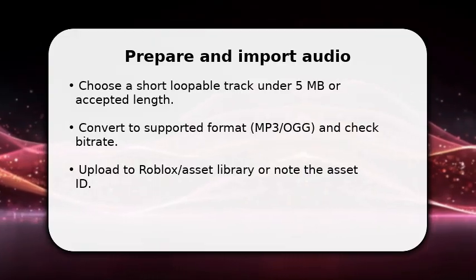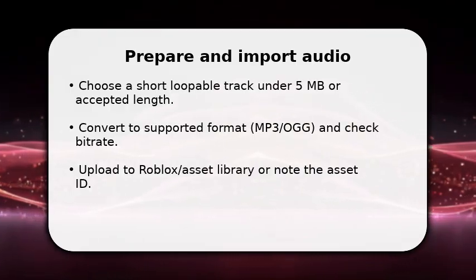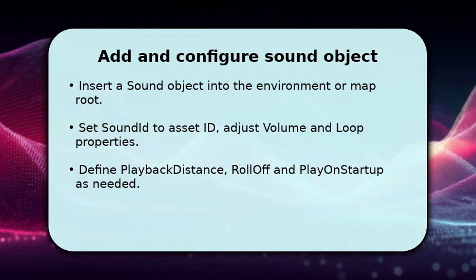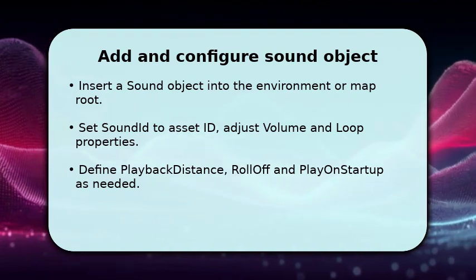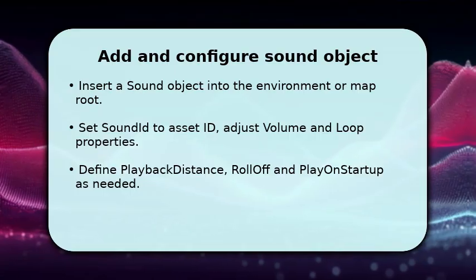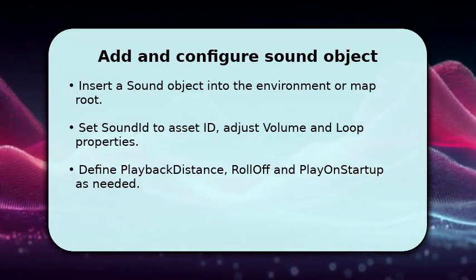Make sure you name the asset clearly so you can find it while placing. This avoids accidental reuse of the wrong track. Now add a sound object directly into the map or the part where you want background music. Set the sound ID to the uploaded asset ID, then tweak volume and loop so the music feels natural without